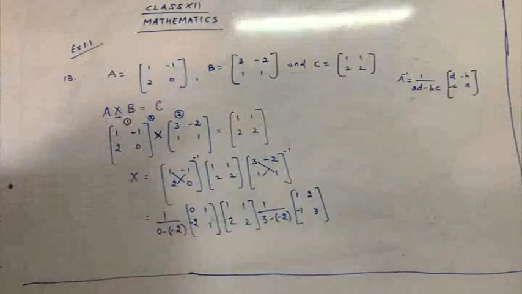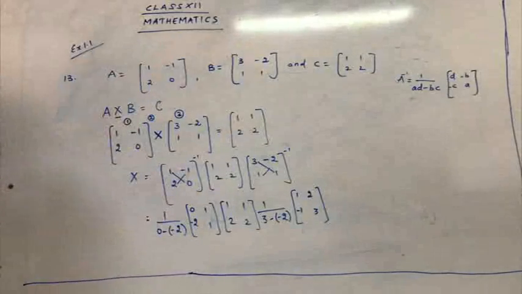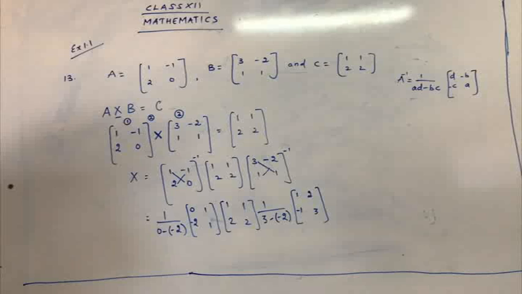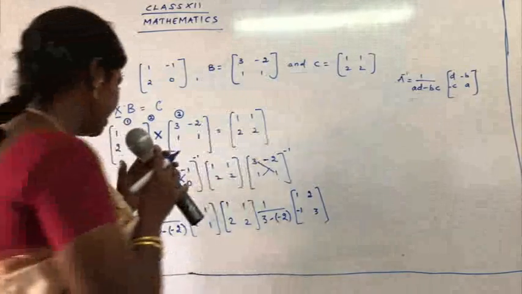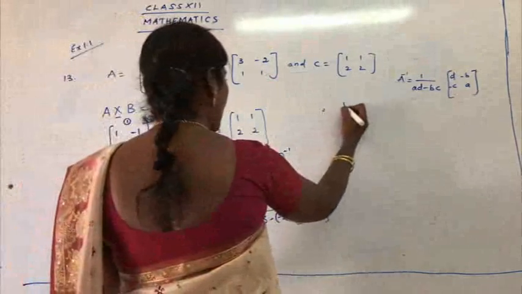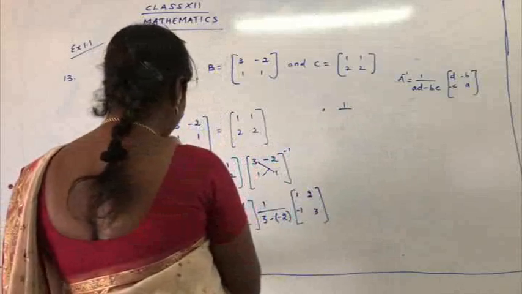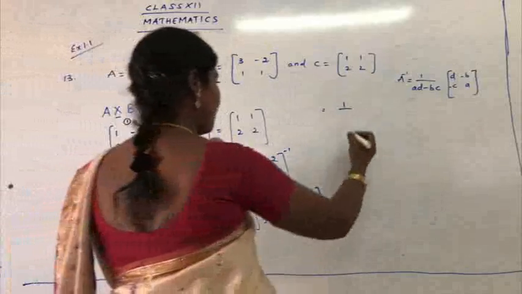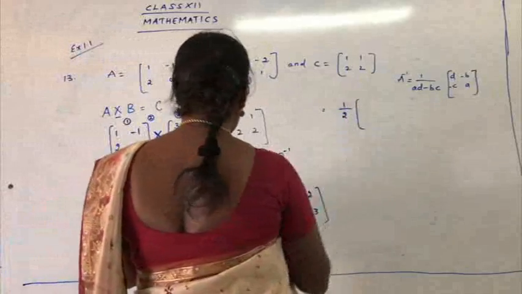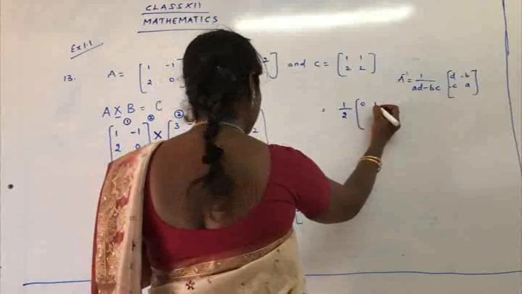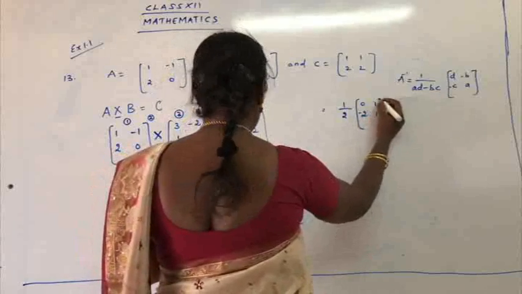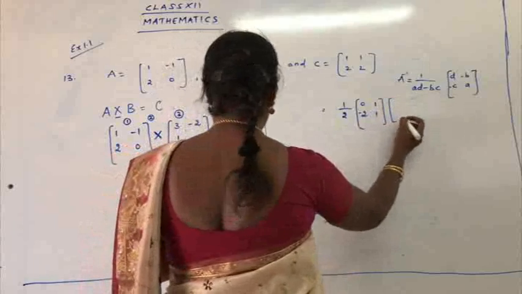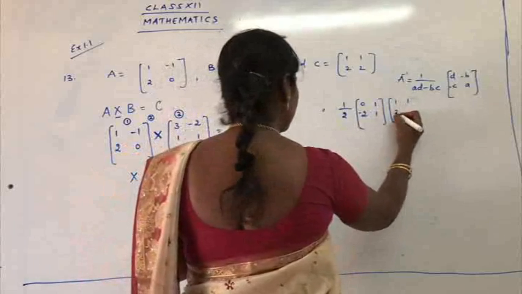So we have mostly applied our formulas and everything. So now we just have to simplify it further. Let's see the simplification part. So I'm just continuing over here, children. So this becomes 1 upon 0 minus minus 2. Yes, minus minus becomes plus. So I get here 1 upon 2. This is as it is. So 0, 1, minus 2, 1. This I'll be just keeping as it is. It's 1, 1, 2, 2.